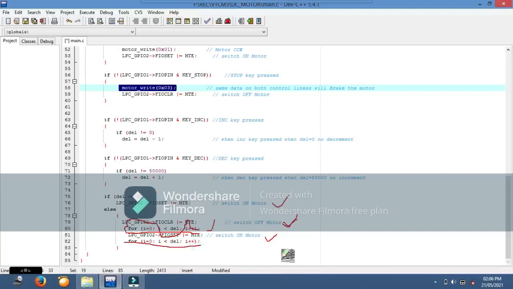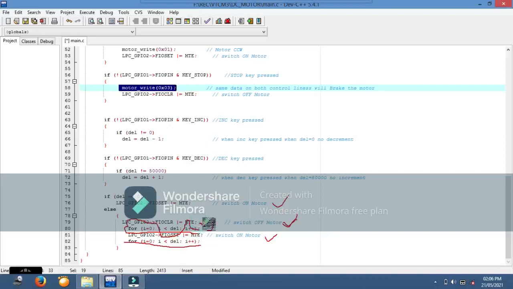For del equal to 1, as you press the increment key or the decrement key, del will automatically change. Say del will increase from 1 to 50, say you press the key 50 times, and del will increment to 50.